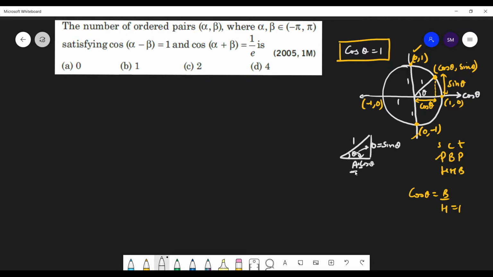So alphabetically A, B, C: adjacent, cos; opposite, sine. Okay? Yes, sir. So remember it like this, A, B, C. They are near these two alphabets, and here O, P, Q, R, S. O and S are near, and A and C are near. Just a simple way to remember.